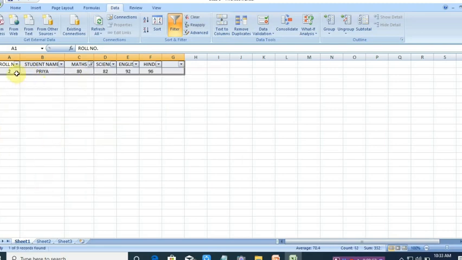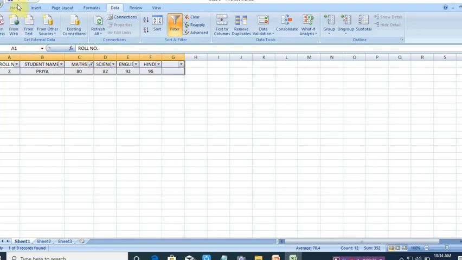Now in the whole data there is one student who is securing mathematics marks less than 80. And here you can see when I applied the filter in the data, this logo has changed. Earlier it was this way, and after applying the filter it converted this way.